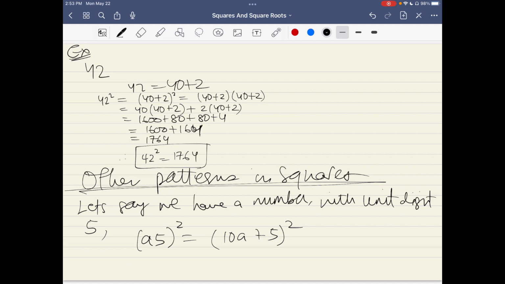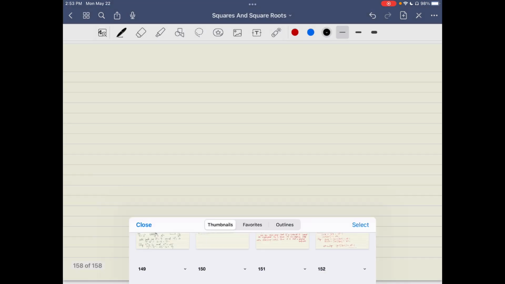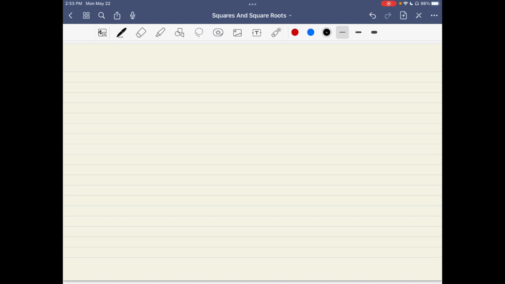Now let's look at some other patterns in squares. Let's say we have a number with unit digit as 5, right? Therefore, (a5) whole squared, how can you write that? That would be (10a plus 5) whole squared, okay? Now, here a can be 1, 2, 3, 4, 21, 22, 23, whatever number, but we're talking about cases where the unit digit is 5. So now let's solve this and see what will be the pattern for the squares of numbers with unit digit as 5. So (a5) squared